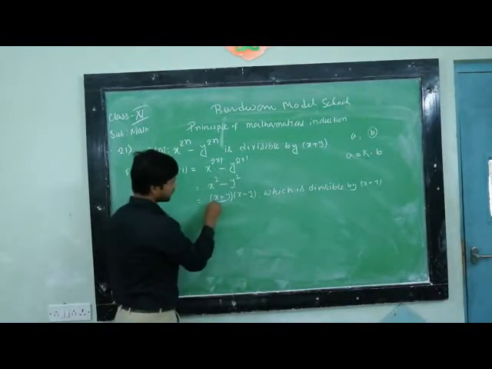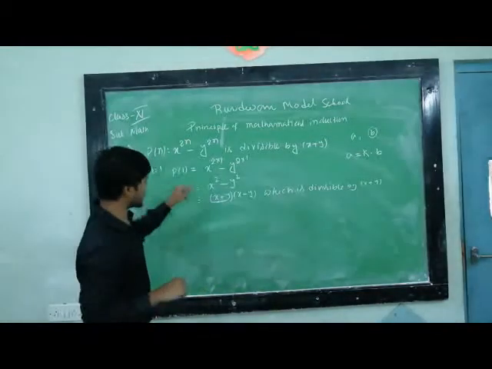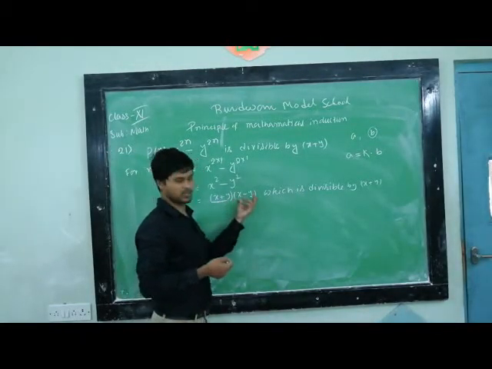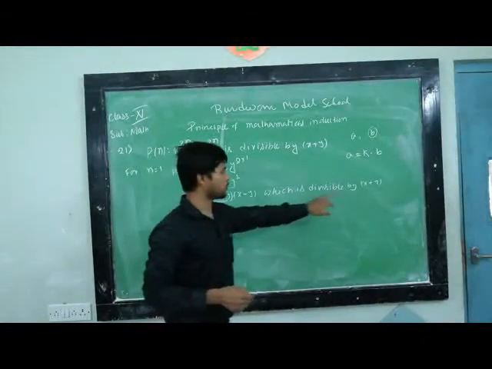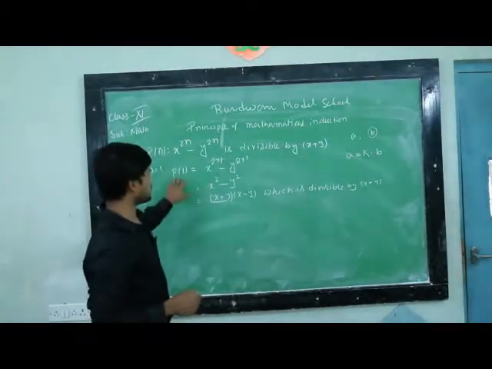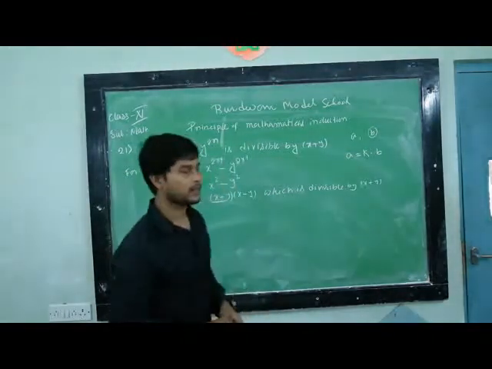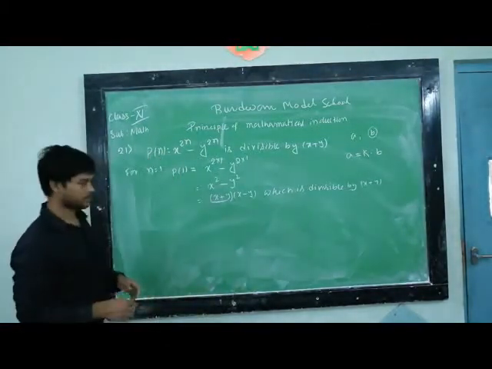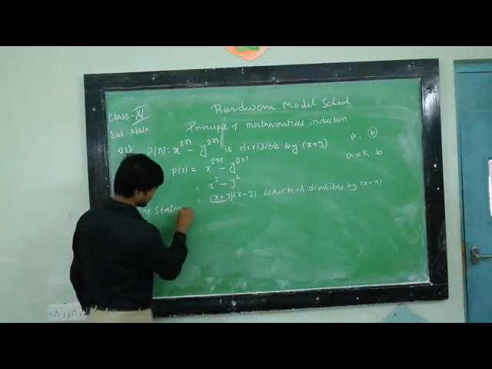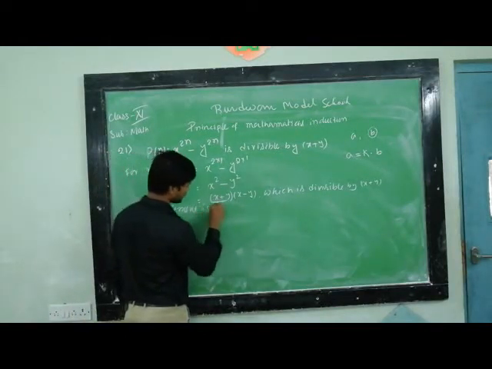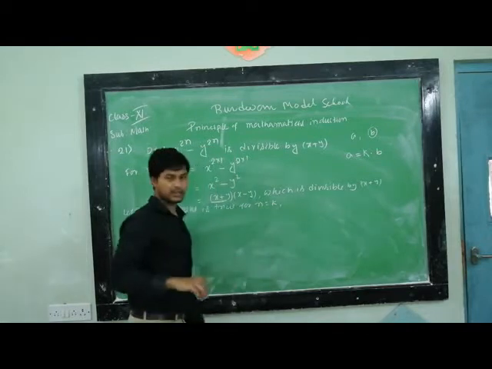So here P(1) is obviously divisible by x plus y, because P(1) can be expressed in the form (x plus y) into some constant, if we consider x minus y as a constant. So P(1) is divisible by x plus y. That means P(1) is true, means P(n) is true for n equal to 1. Now we'll consider that the statement is true for n equal to k, where k is any integer.